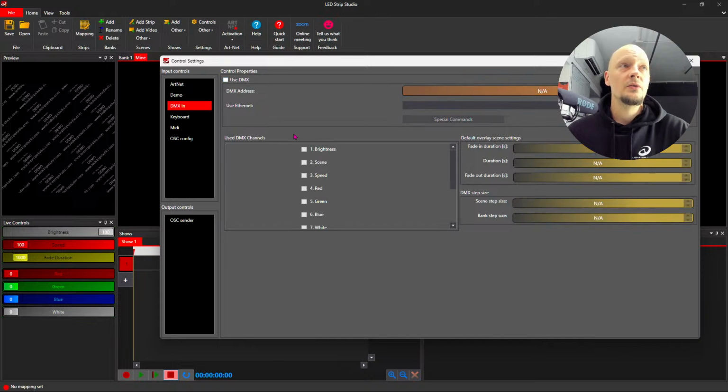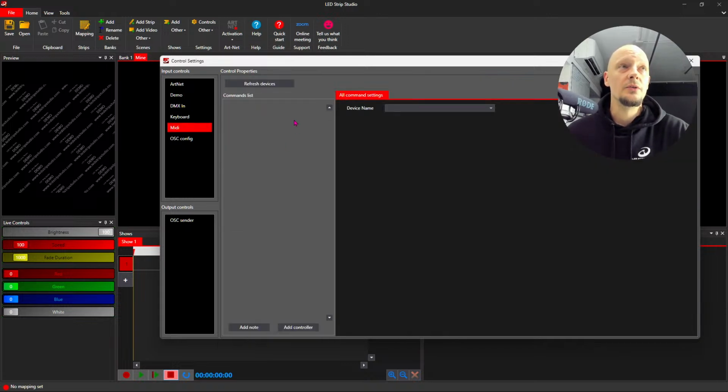For those working with MIDI keyboards or MIDI pads, you can also use MIDI. If I would have some MIDI panel connected, it would appear over here, and then you can, for example, set to a specific button what effect will play, or with a knob you can change the speed of the animation or the brightness. It's really up to you. The creative possibilities are